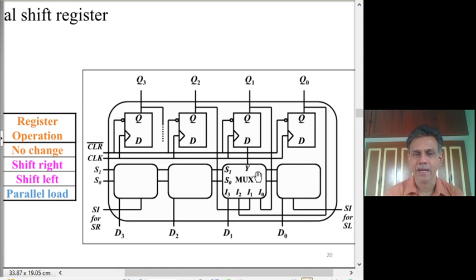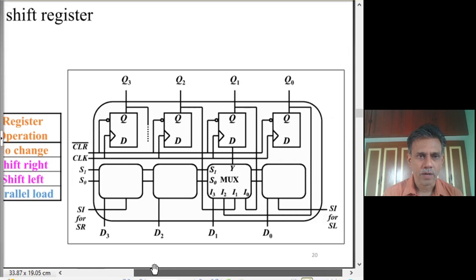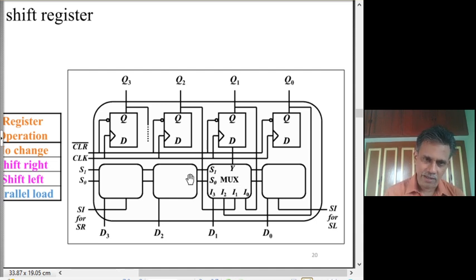I will show you a detailed diagram later. And for the shift left operation, the control input is 1, 0. So when a 1, 0 occurs in S0, S1, we have to do shift left. In that case, I2 is the one which is connected to the D input. You would see that I2 actually comes from the previous left side bit. Q0 is being used and fed to the I2, and then gets stored in Q1. Similarly, if the same circuitry is duplicated here, Q1 will get stored in Q2, Q2 will get stored in Q3, and Q3 will come out.